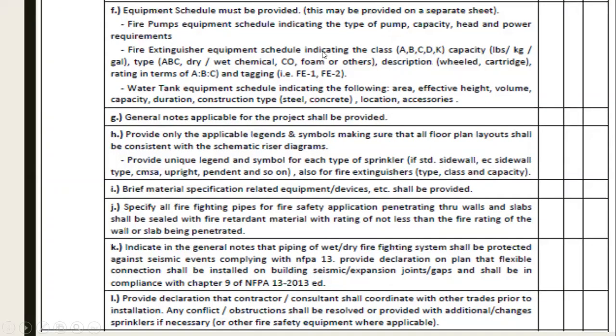fire extinguisher equipment schedule, if it is A, B, C, K, D, the capacity, the type, etc. The water tank equipment schedule, including the area and the volume of the water tank, the effective height, the overall volume and the capacity, duration, enough for how long, construction type, if it is concrete or steel,